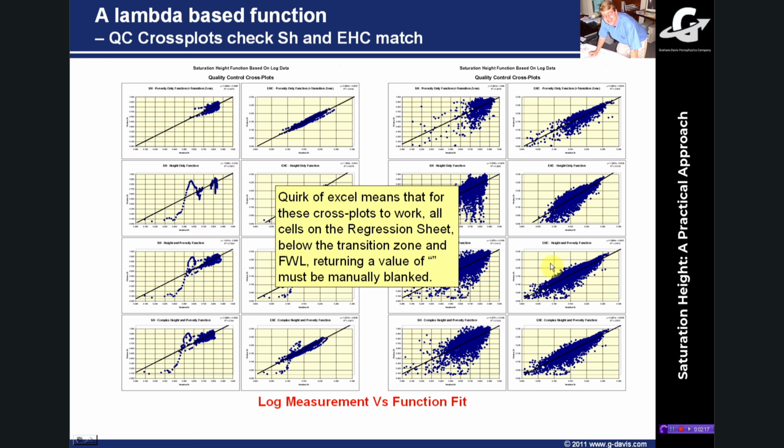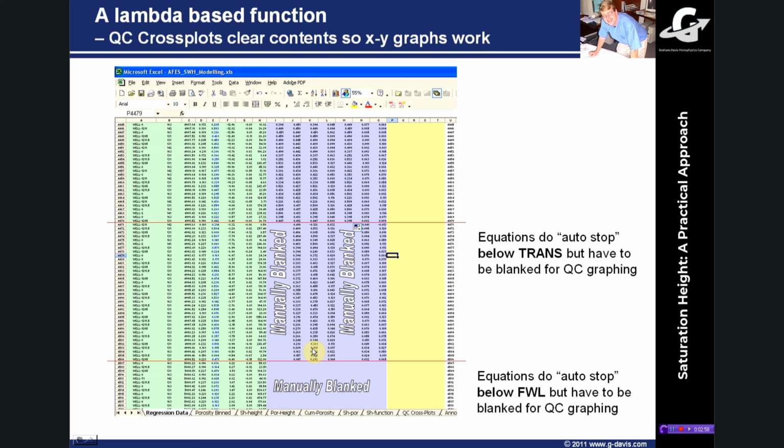Now, one thing you should be aware of in Excel, and I call it a quirk of Excel: Excel doesn't seem to cope very well with nulls on charting. So the problem I find is that this data is picked up from the regression sheet, and the equations do some lookups, and if cells are blank, they return a blank in the equation. So if there is no data pasted from your data pasted area, then the equations return these spaces, and unfortunately when you come to chart them, Excel doesn't seem to like charting these blank text spaces in a series of numbers, so you have to go in and manually blank them.